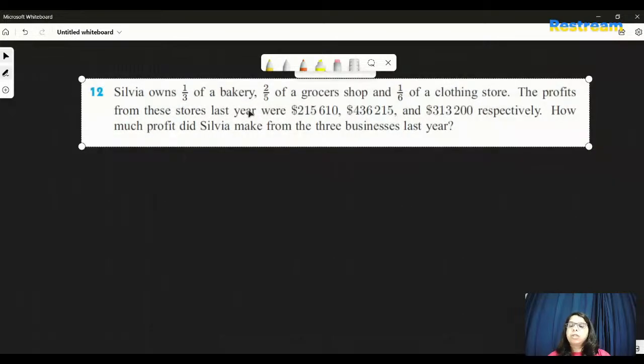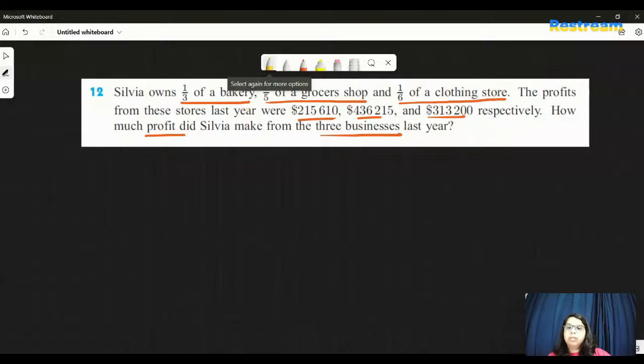Okay. Now they say Sylvia owns one third of a bakery, 2/5 of a grocer's shop, and 1/6 of a clothing store. The profits from these stores last year were 1, 2, and 3 respectively. How much profit did Sylvia make from the three businesses? So we are going to write down bakery, 1 by 3, and its profit is,